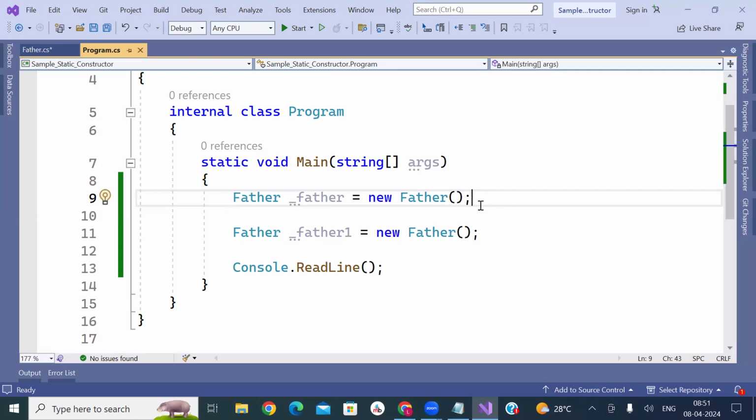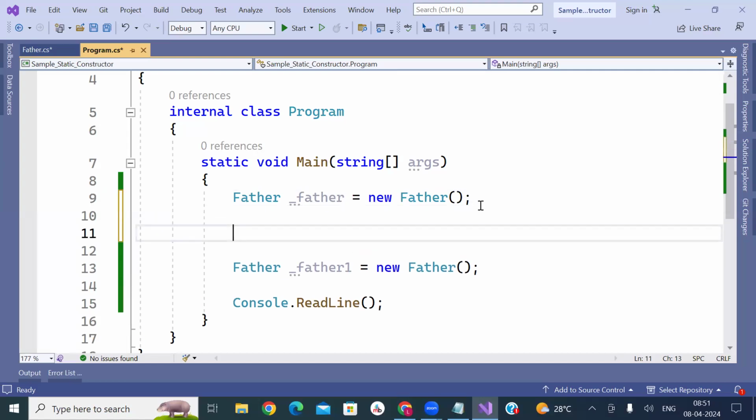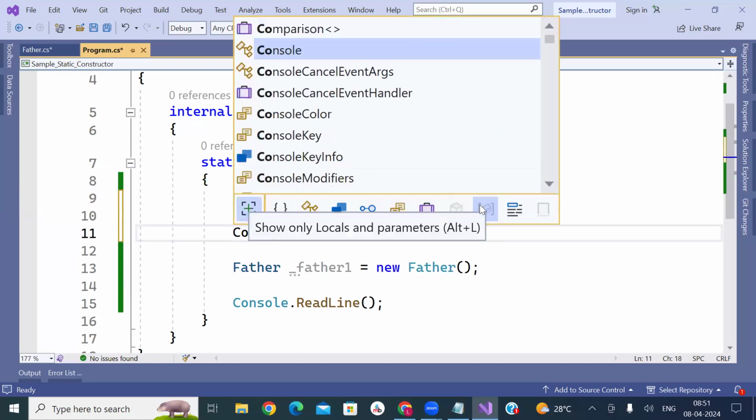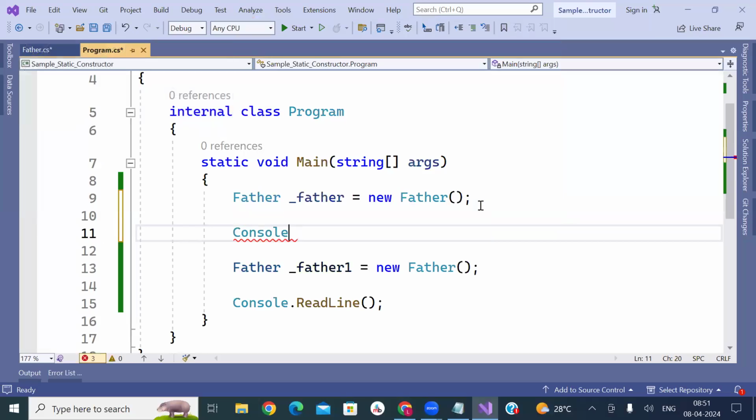How am I going to call area? How am I going to call the area? _father Console dot. This